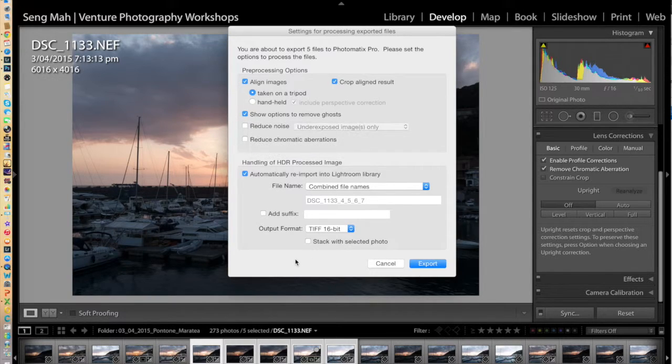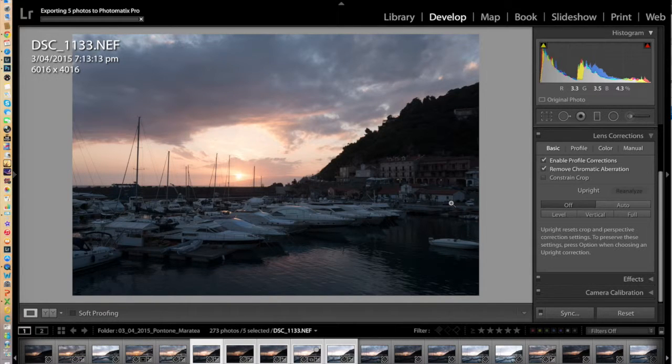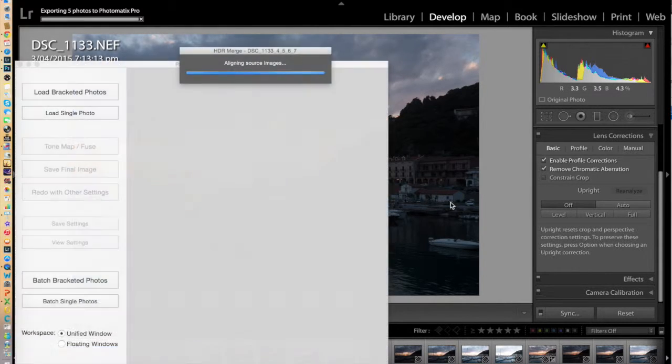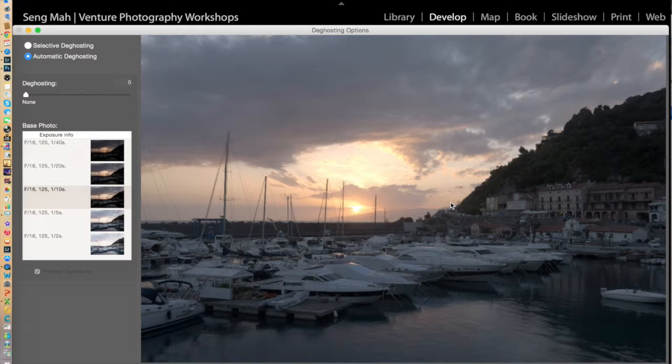Now what I often do as well is make sure that the output format is in TIFF 16-bit file, just so that I've got plenty of information to work with when I bring that blended image back into Lightroom for further post-production. So having selected the option to remove ghosts, I click Export, and Photomatix Pro will basically import the 5 images from Lightroom. Okay, it's aligning the source images,